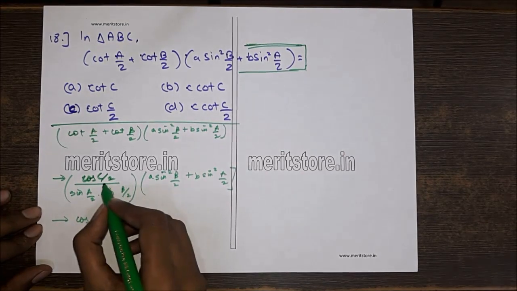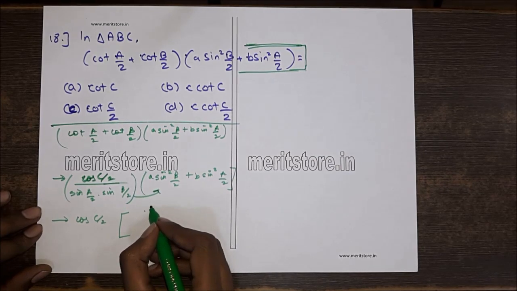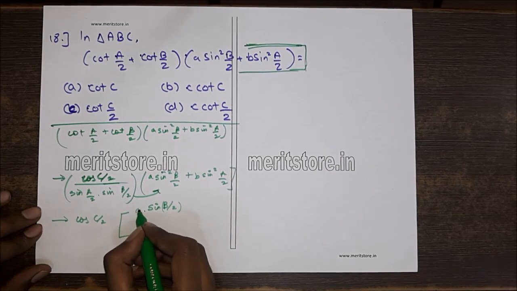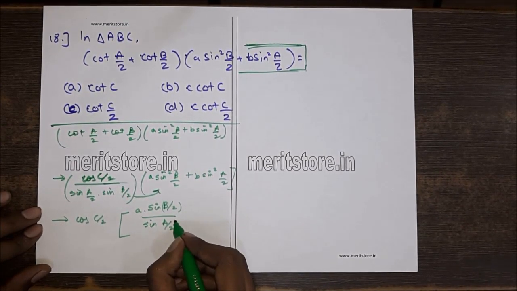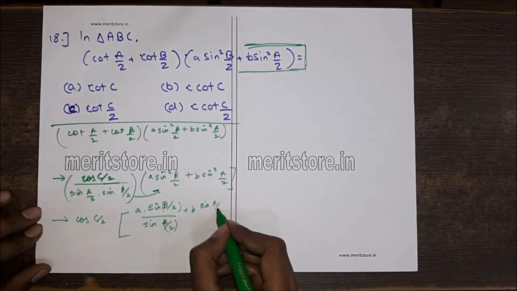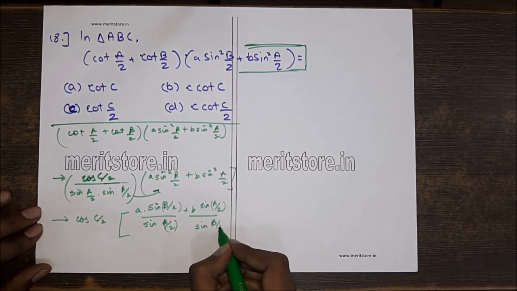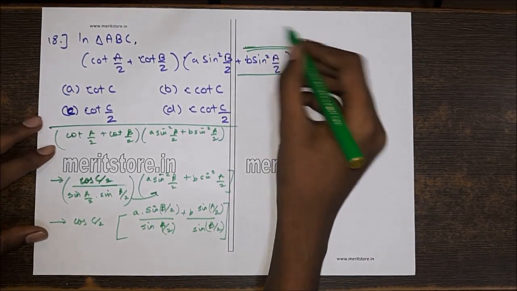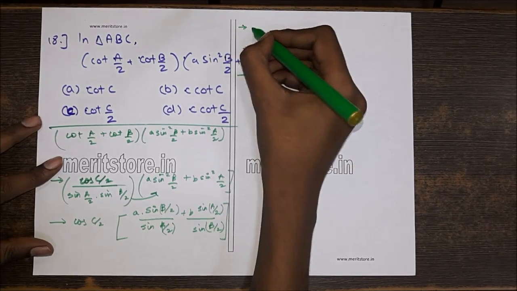We shift the denominator to this term, we get sin B by 2 into a divided by sin A by 2 plus b into sin A by 2 upon sin B by 2. Now by the property of triangle, we substitute the respective values of cos and sin. So we get